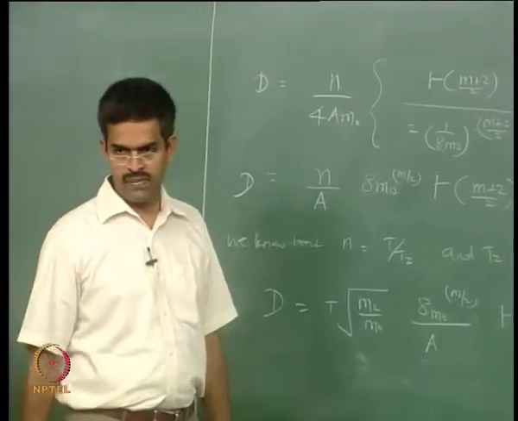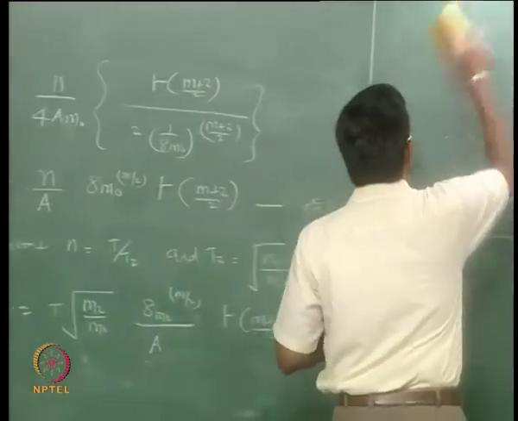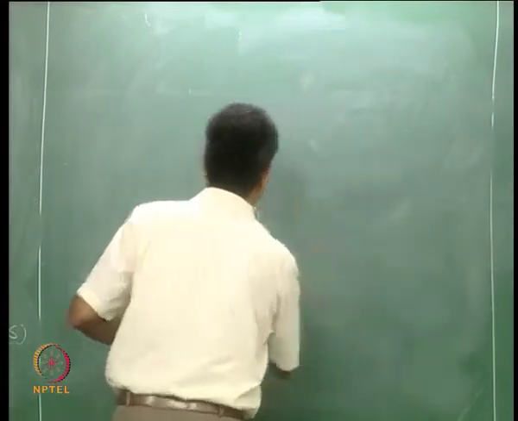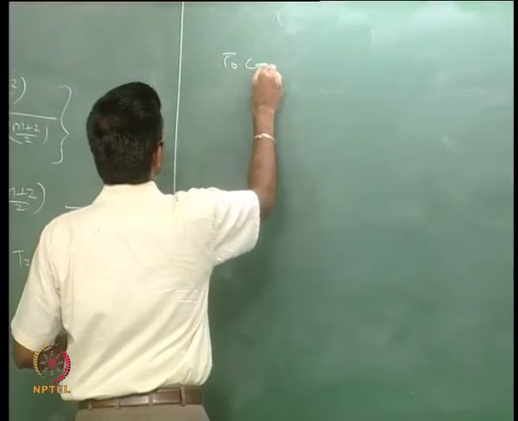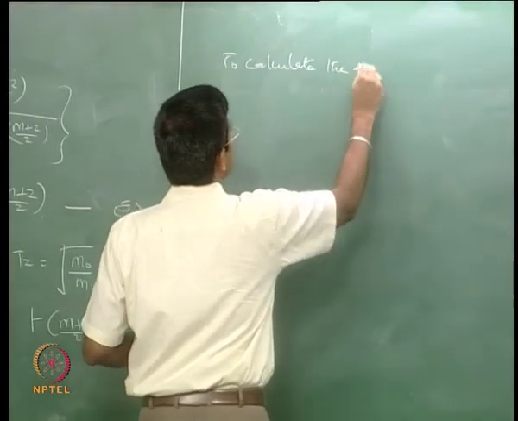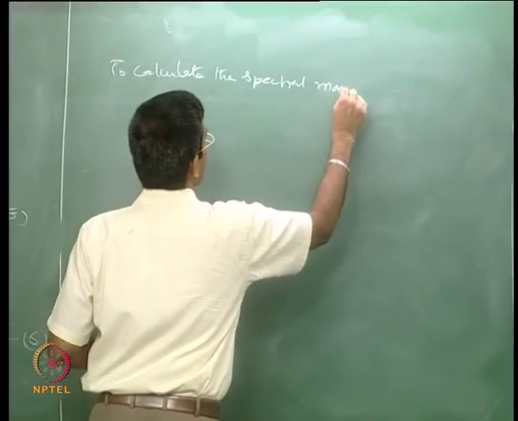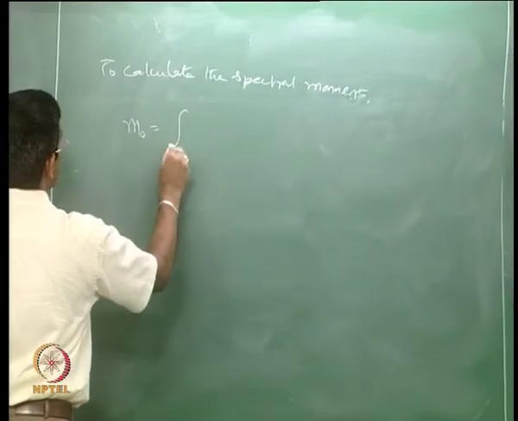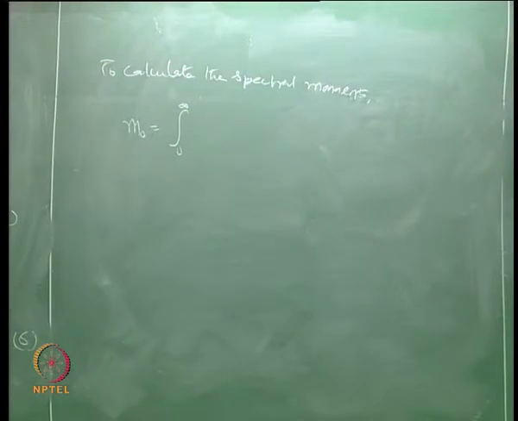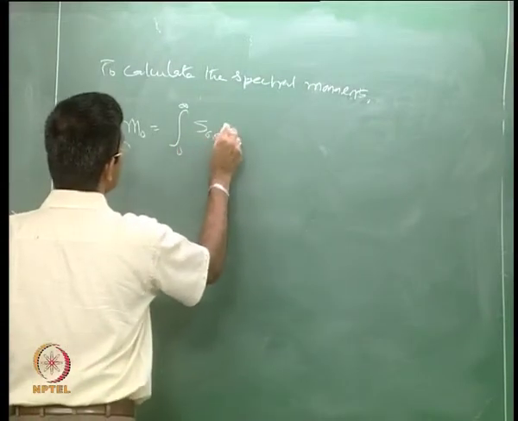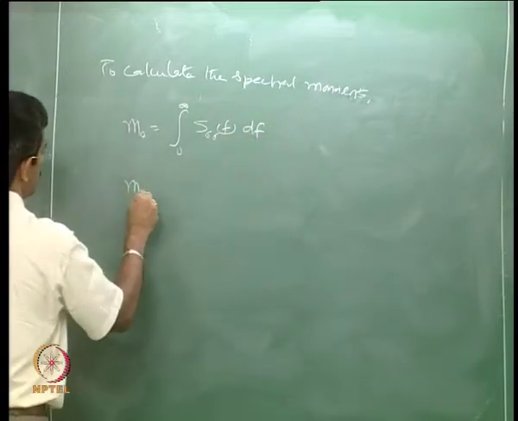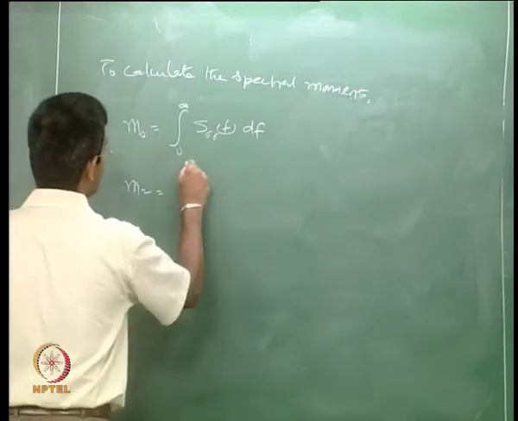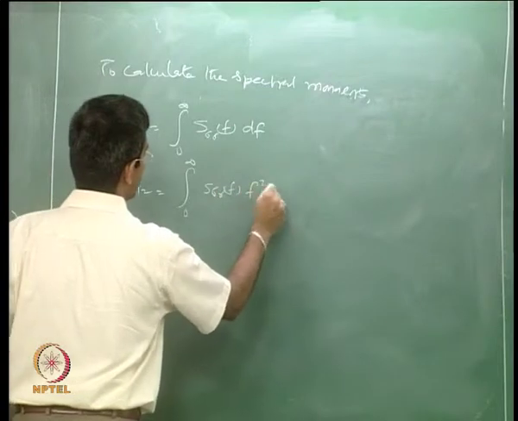You can find the cumulative damage for a narrow spectrum of the stress cycle as you see from this expression number 6. Now, to calculate the spectral moments, the general expression is: M naught is given by the integral from 0 to infinity of S sigma sigma f df, and M2 is given by the integral from 0 to infinity of S sigma sigma f square df,